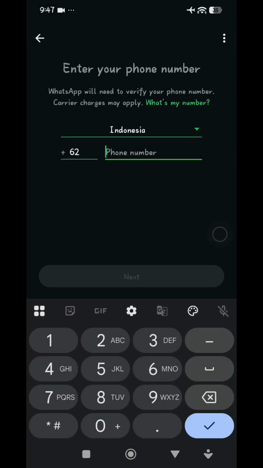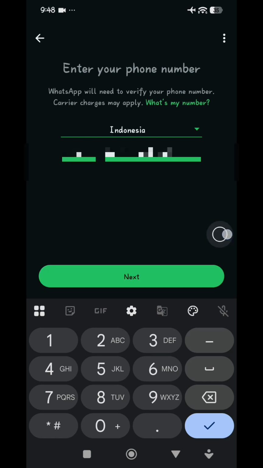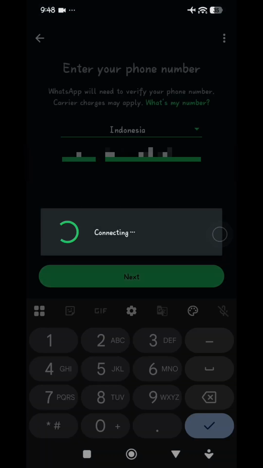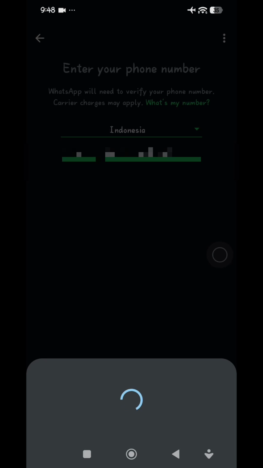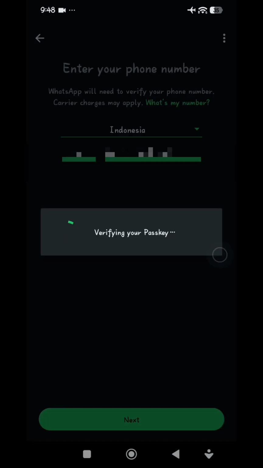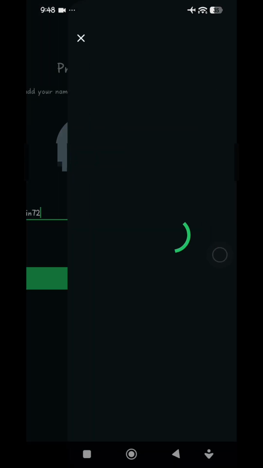and then in here just choose your country, and then just enter your phone number, the phone number that you want to use as your second WhatsApp account, and then next just tap on next, and then just verify,